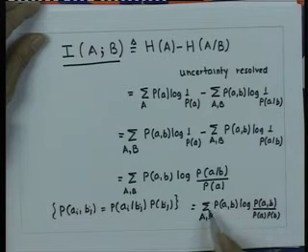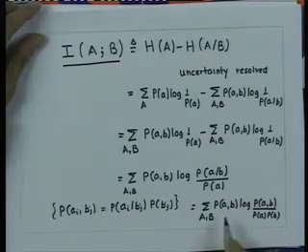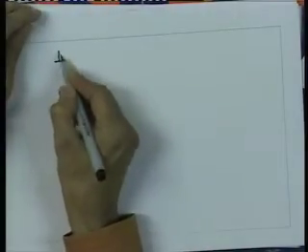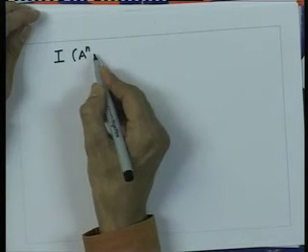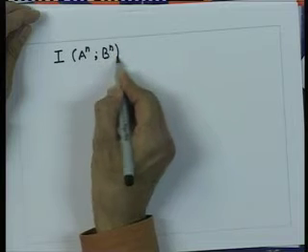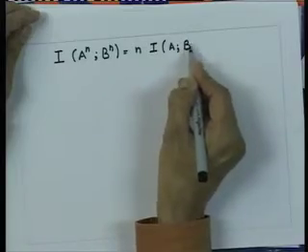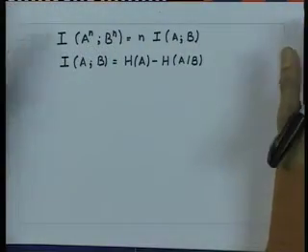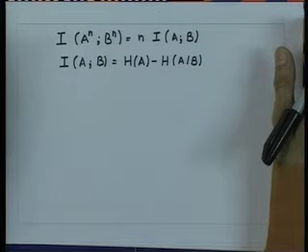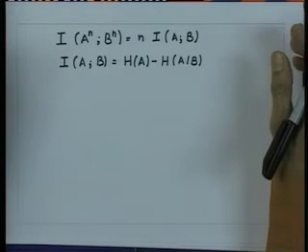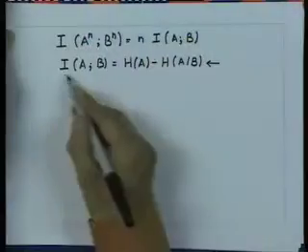So, if we have the nth extension of a channel, we will find that mutual information can be shown to be equal to n times I of A and B, the mutual information between A and B. So, we have shown that the mutual information is equal to the average number of bits necessary to specify an input symbol before receiving an output symbol, less the average number of bits necessary to specify an input symbol after receiving an output symbol, that is, can be written as